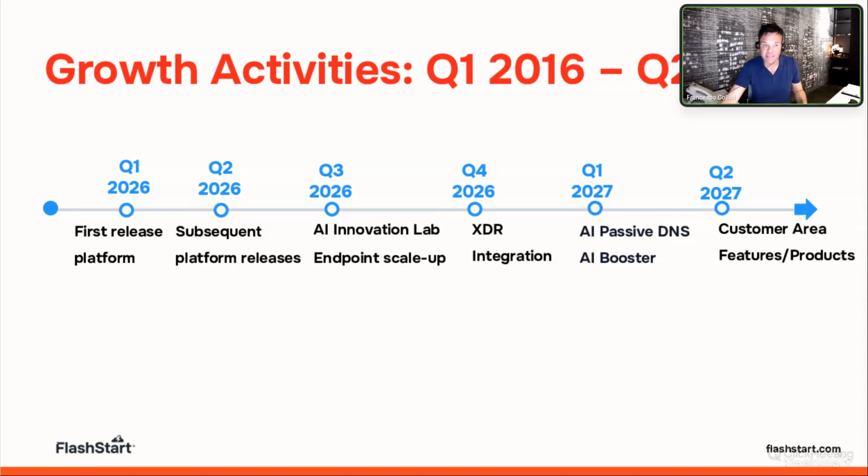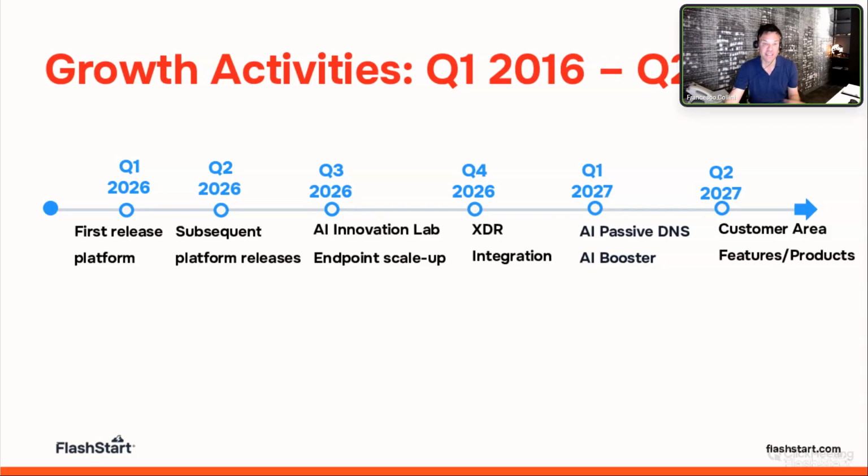Some activities coming from our internal roadmap. The topics are many more, but let me just summarize into these 6 steps, some innovation. In January, in Q1 2026, we released our very first FlashStart 2026 platform, and during Q2, this quarter, we have released many features. For example, the cloud box for large companies, dynamic IP, DOH, DOT,